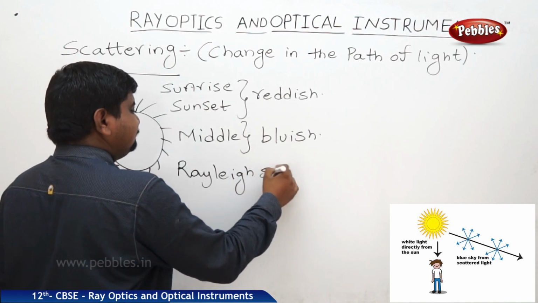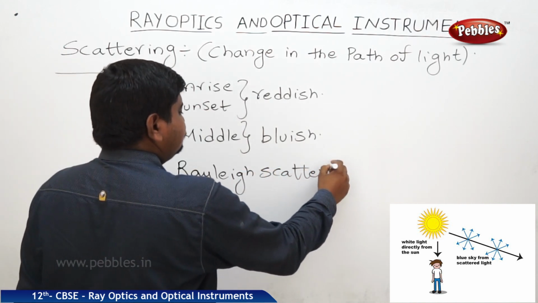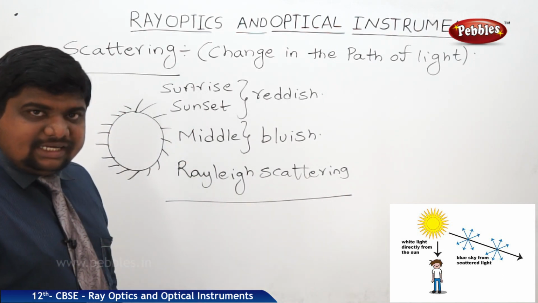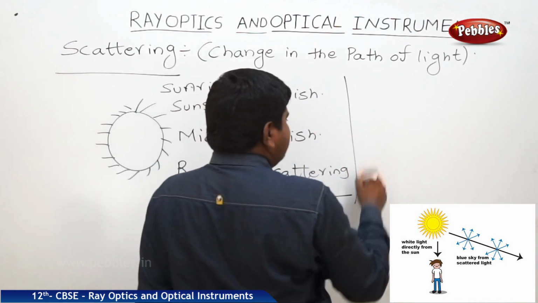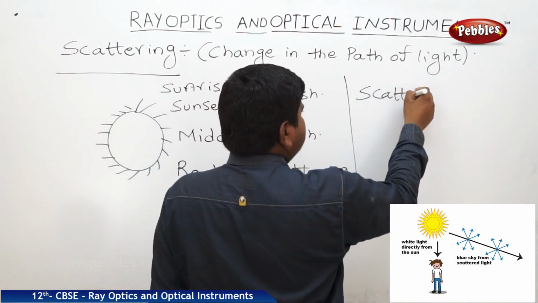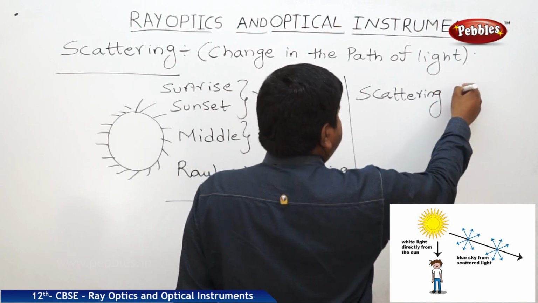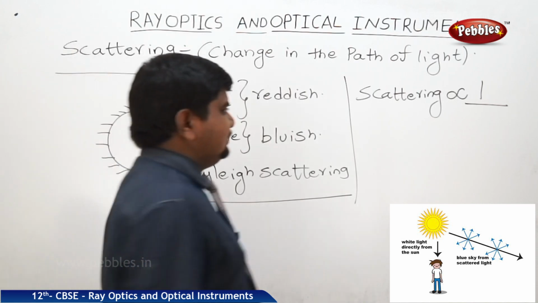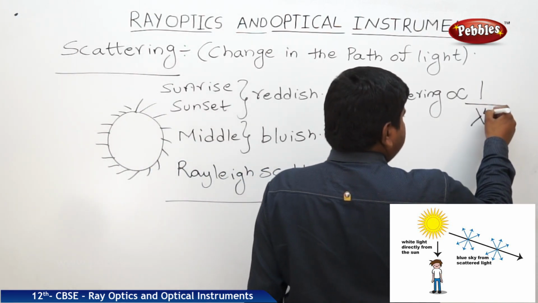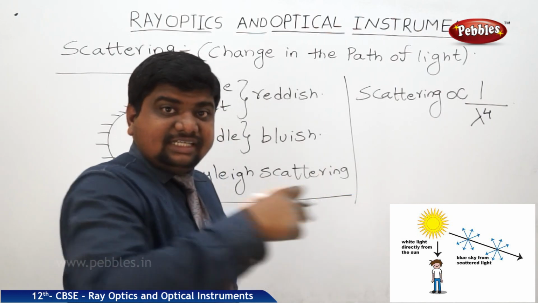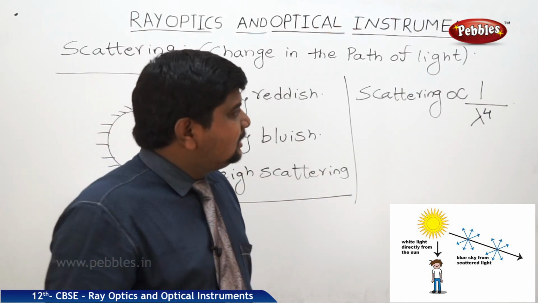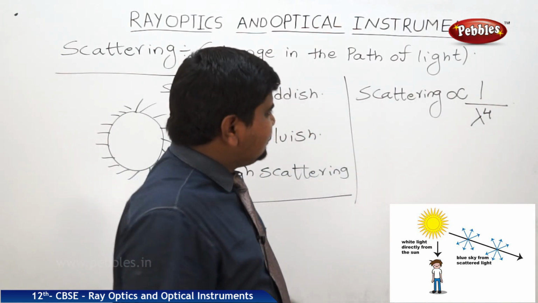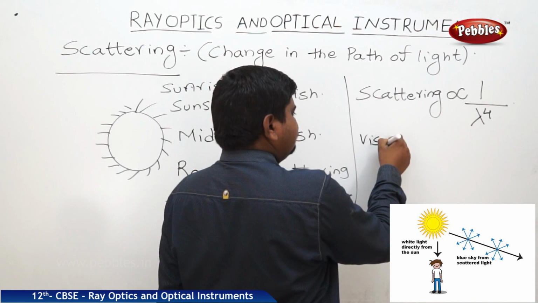One of the scientists, Rayleigh. What is the law of this Rayleigh scattering? The statement is that the scattering is inversely proportional to the 4th power of its wavelength. That means the scattering of a color, the change in the path of a color or wavelength, is inversely proportional to the 4th power of its wavelength. If you see the visible spectrum,